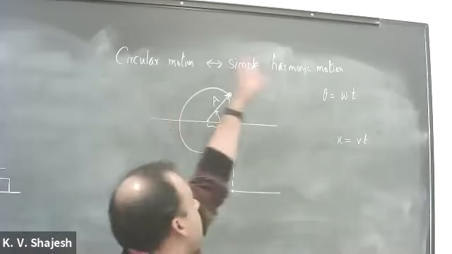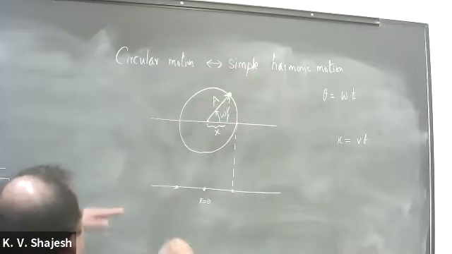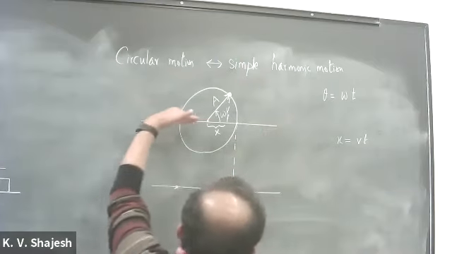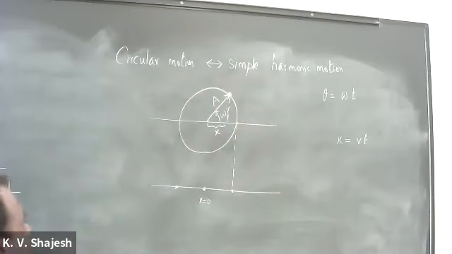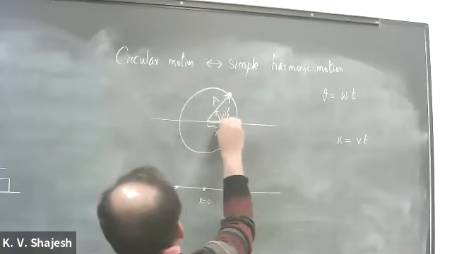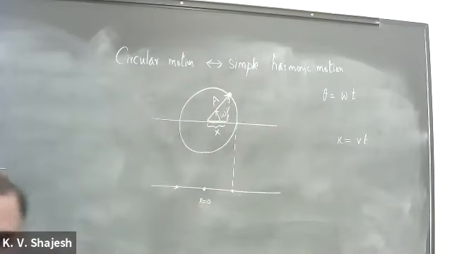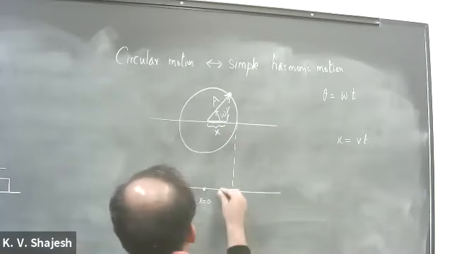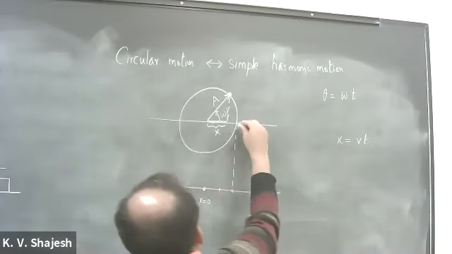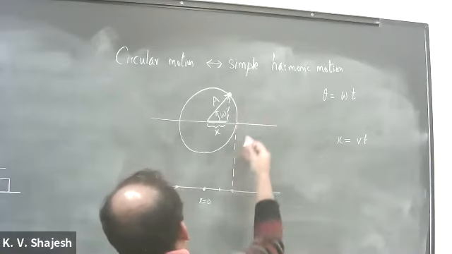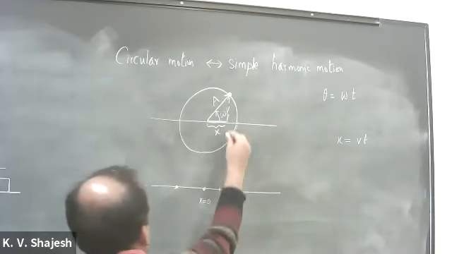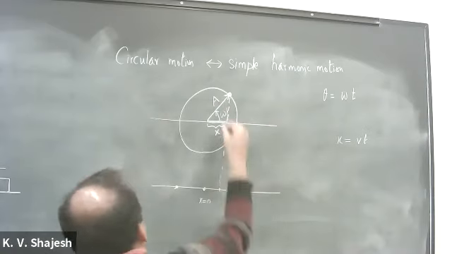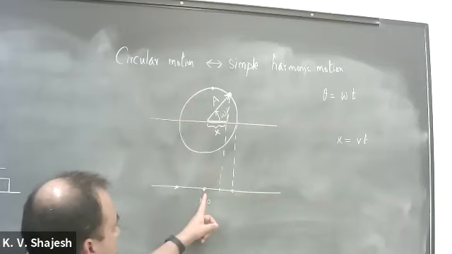Notice this is circular motion. I'm connecting with simple harmonic motion. Simple harmonic motion is got by projecting this motion in the horizontal direction. That means if it's a vector, I have to take the x component. That means this distance. As far as x motion goes, that's that length, and let's say it is here. So if it is here, its x component is down there. As it moves along the circle, its x component decreases, and that projects it down there. And when it reaches right on the top, when angle is 90 degrees, it is at equilibrium.